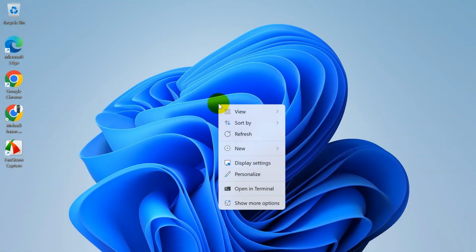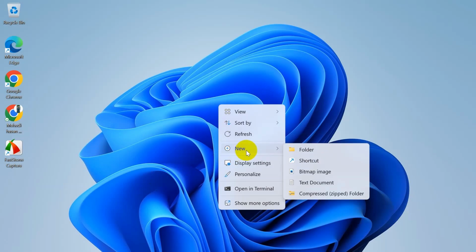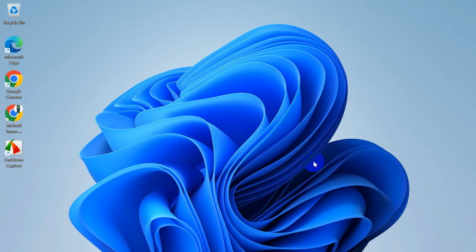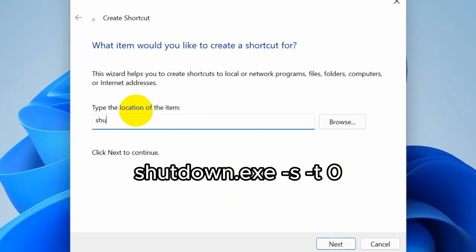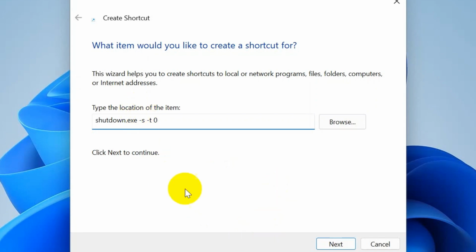First, we will create a shortcut by clicking on your right mouse button and coming over to the New section, and then the Shortcut section. After that, here you need to write shutdown.exe space -s space -t space 0, and after that you need to click Next, and then